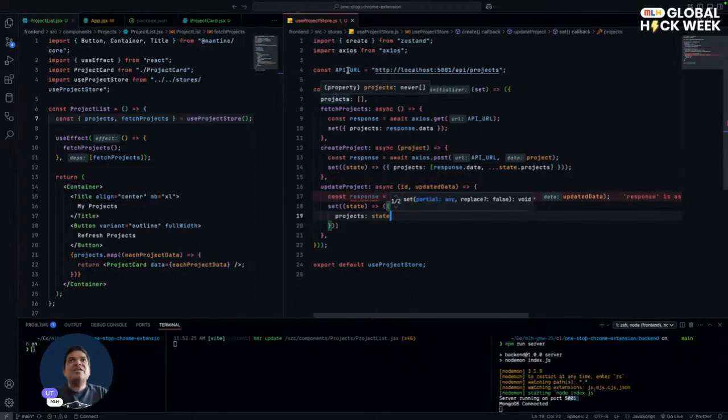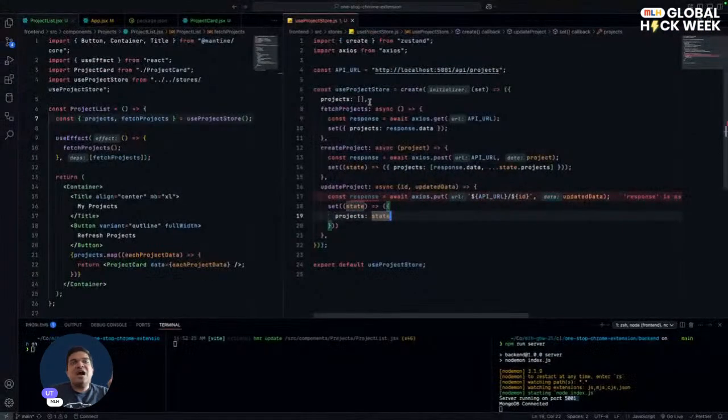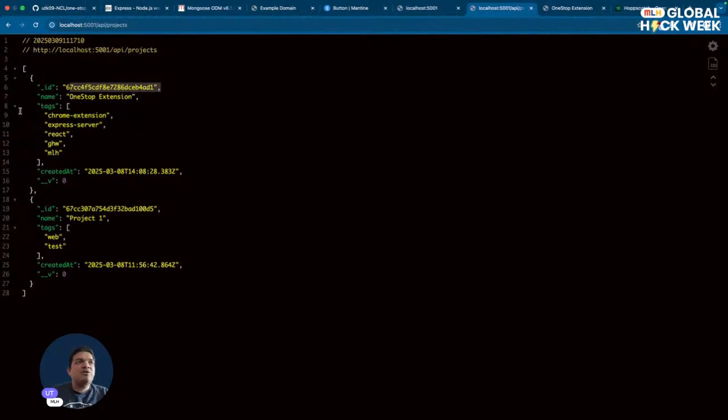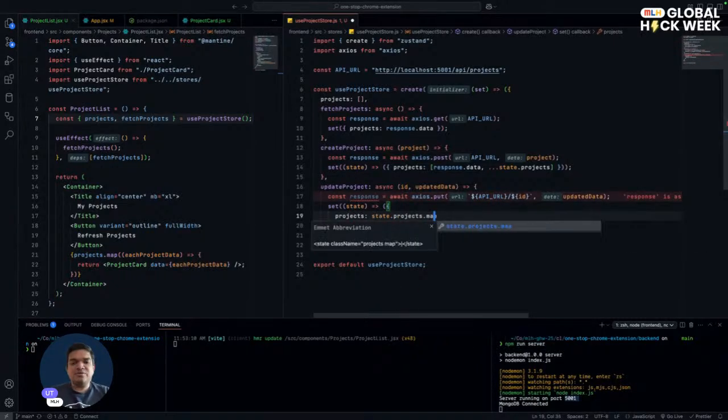So if we have, let's say, two data, I only want to update the data of this ID. Then in our projects array that we have existing, I'll map over every object, find the matching ID, this underscore ID. It should match with the ID that was given here, and then update that part of the data, right? So projects is going to be state.projects.map,